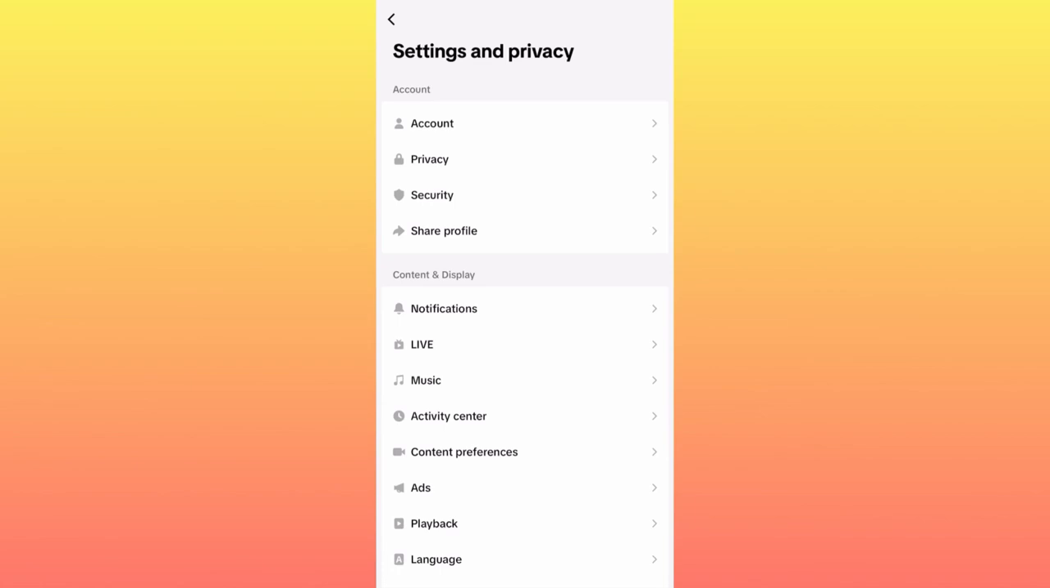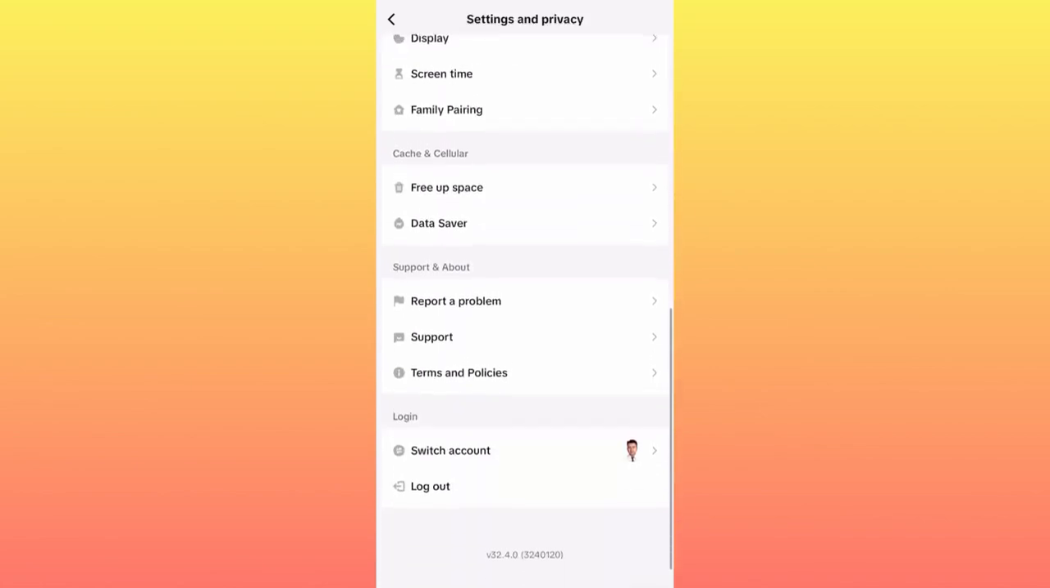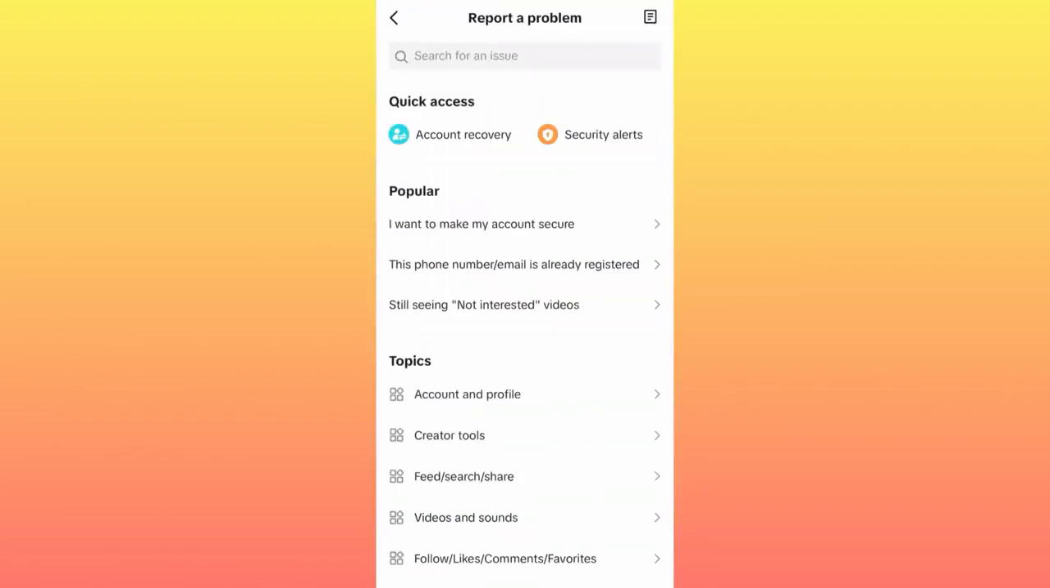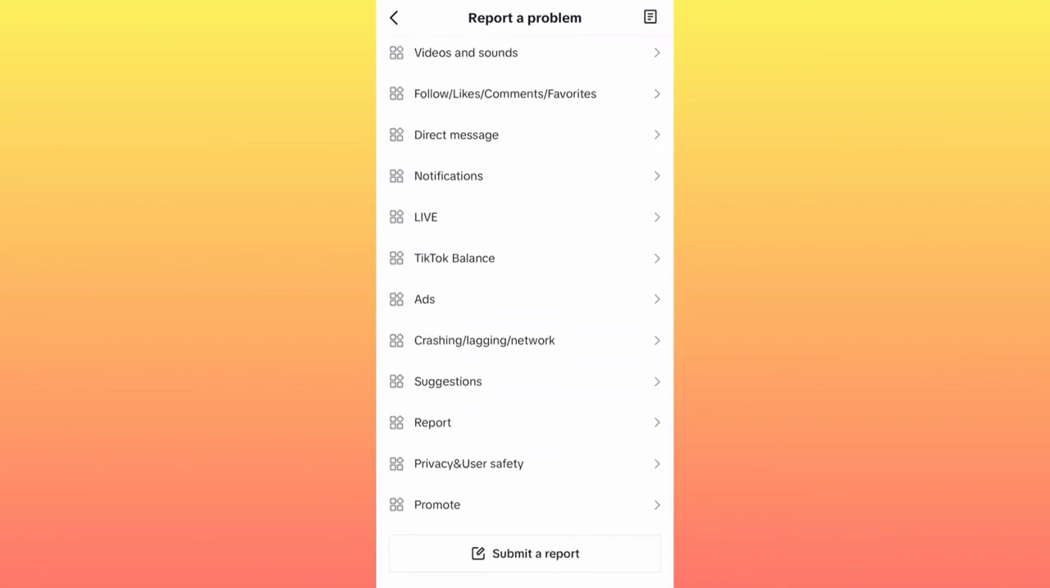When you launch settings and privacy, you want to scroll all the way down to report a problem. When you're at report a problem, you want to make sure that you scroll all the way down where it